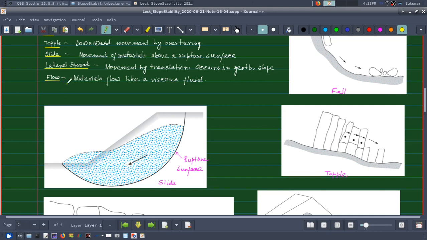So here the slope material is failing above a failure surface. We call it rupture surface or failure surface, and due to the gravity the material above the failure surface just moves outward and downward. Okay,